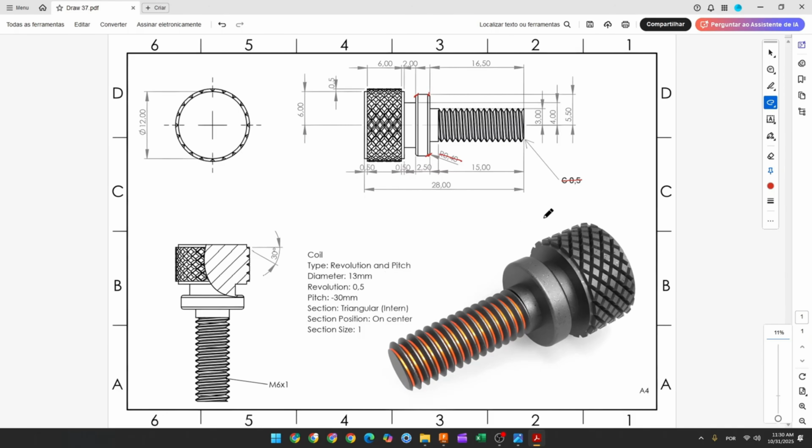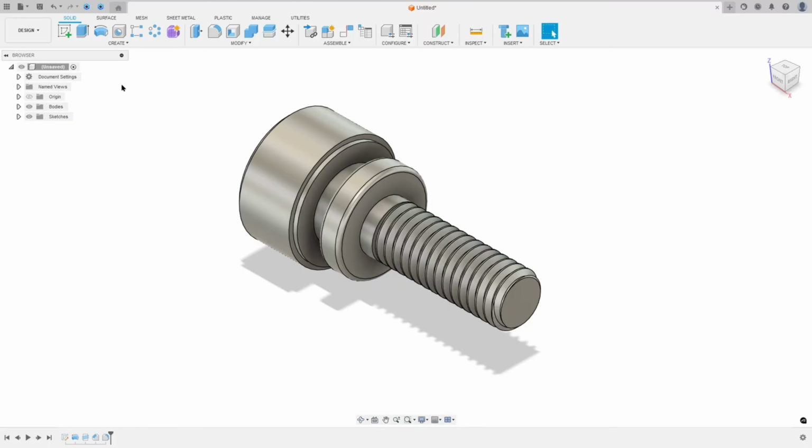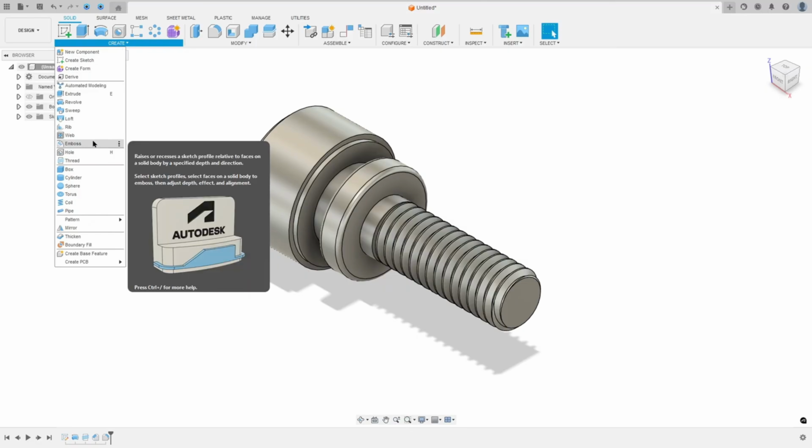Now to create this knurling here, we'll make this coil. We have all the instructions here, okay? So we will select this plane here to make the coil. And we have here the type, diameter, revolution, pitch, section, position, and size, okay? So go to Fusion and go to create and select coil